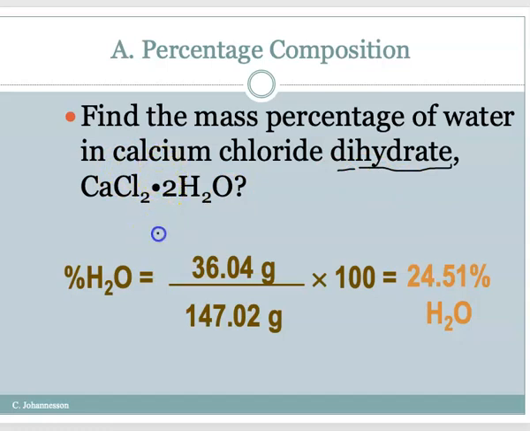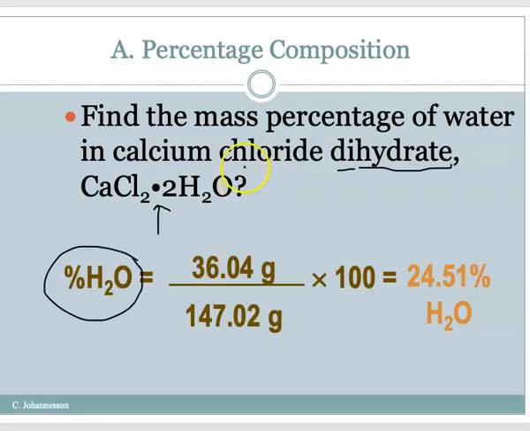This little dot here is not a multiplication sign. It just means that calcium chloride is complexed with 2 waters, the ratio of 2 waters for every 1 formula unit of calcium chloride. So if you want to find out how much of that particular ionic compound is actually water, so the percentage of water,